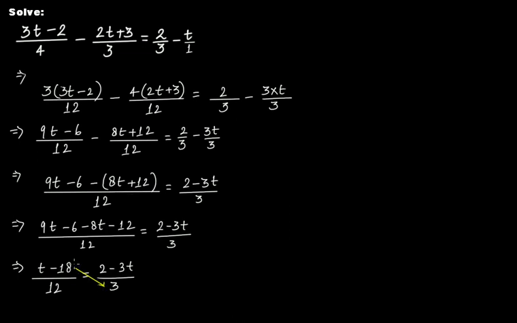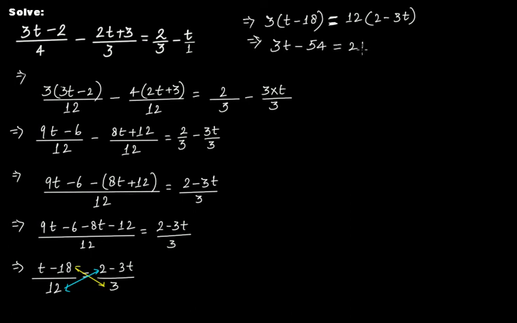Cross multiplication. So you get 3 times t minus 18 is equal to 12 times 2 minus 3t. 3t minus 54 is equal to 24 minus 36t,